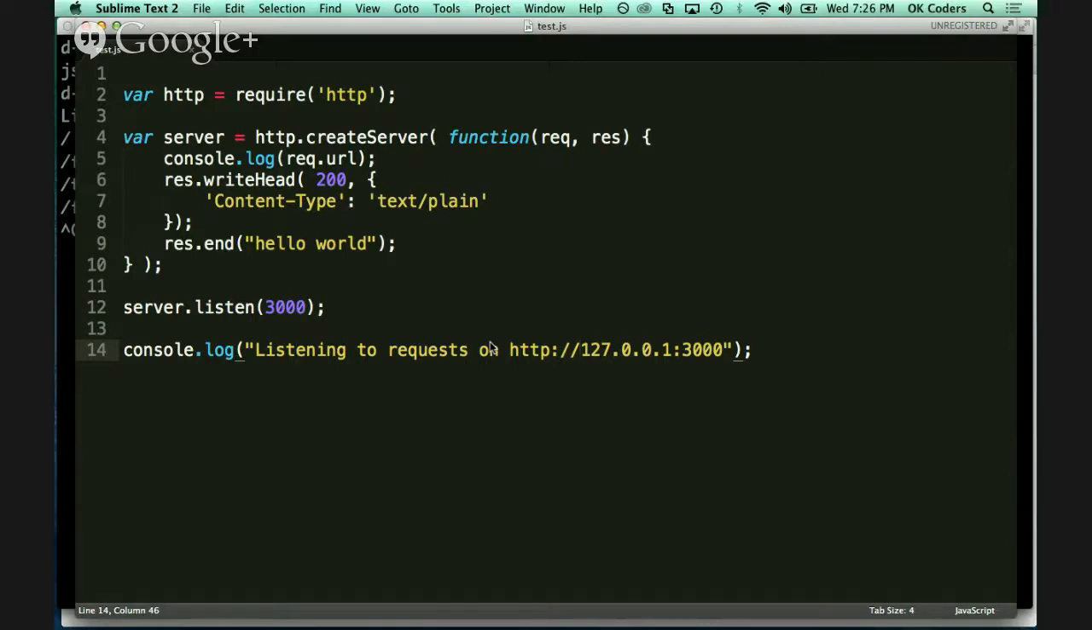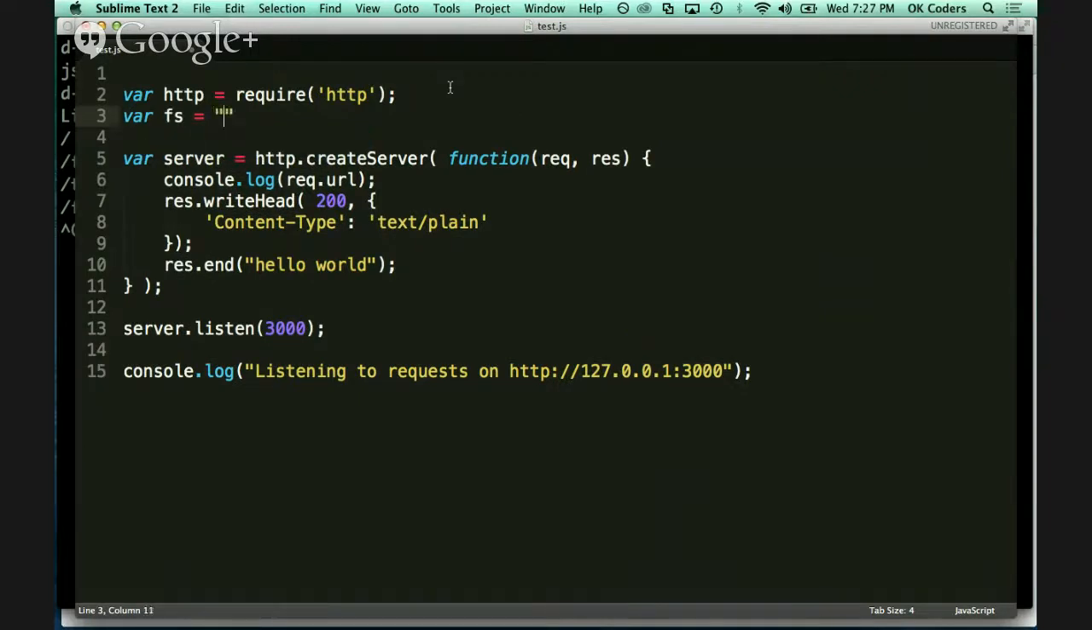Let's make this more advanced. We know how to read files. We just did that, right? fs.readFile. So let's pull in the file system module. And instead of sending back hello world, let's send back a file. Yeah. Let's send back this file,